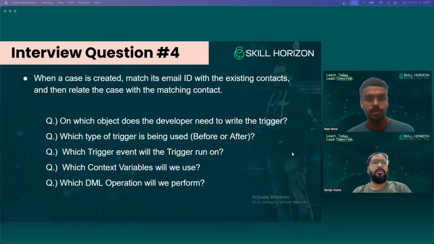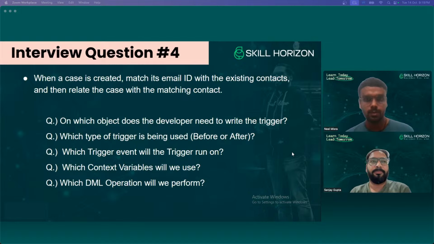Right? So we have a few questions. On which object does the developer need to write the trigger? Which type of trigger is being used, before or after? Which trigger event will it run on? Which context variable will we use? Which DML operation will we perform? So there are a total of 5 sub-questions in this question.